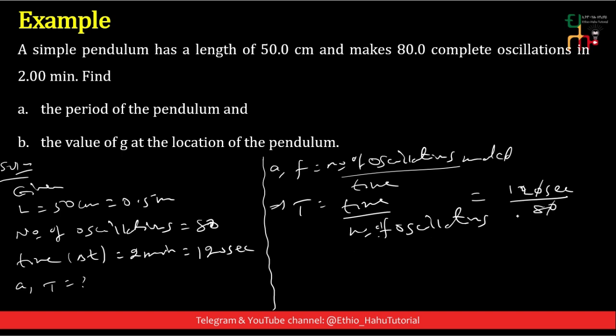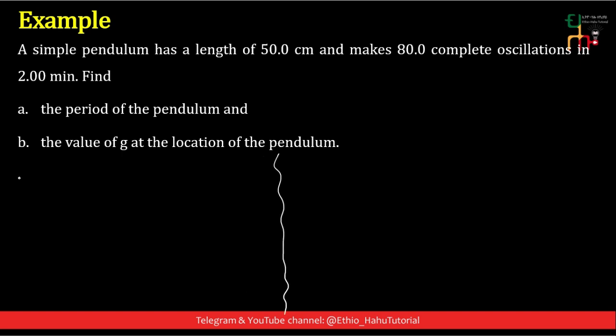1 0 goes with 1 0, 4 2s are 4 3s... 3 divided by 2 is 1.5 seconds. Therefore, the period of this simple pendulum is 3 over 2 seconds, or 1.5 seconds. B, to find the acceleration due to gravity g,